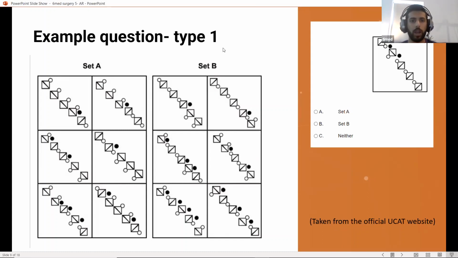But yeah, I think about a third of you who answered put set A, so well done to you. Those of you who put set B, don't worry about that. You were maybe thinking along the lines of the black circles being next to each other, or maybe just got muddled up with the clockwise directions, which can happen.